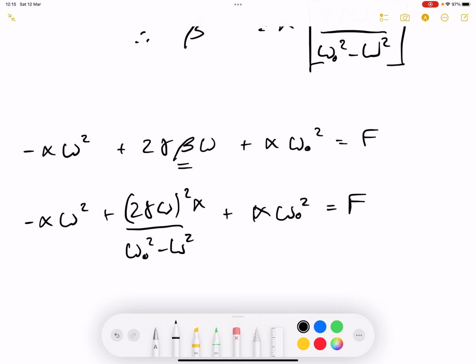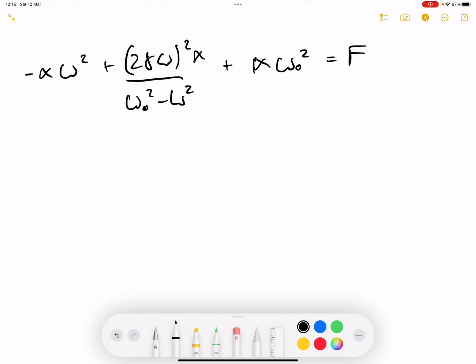Silly mistakes in the exam, eh? Okay, so, did I just do something very wrong? I think I may have just 2 gamma beta omega, 2 gamma. No. That's fine. Okay, so we take out a factor of alpha, and that's going to be